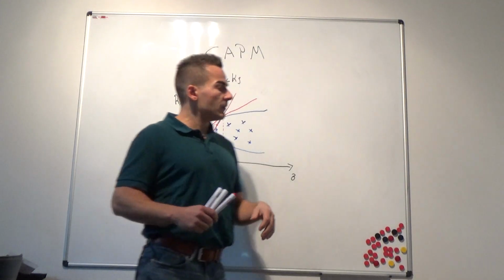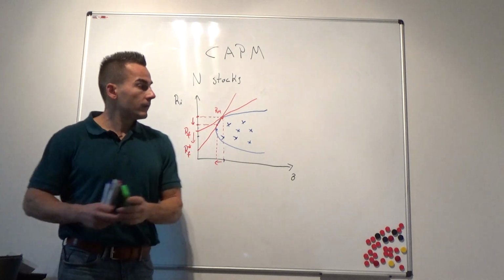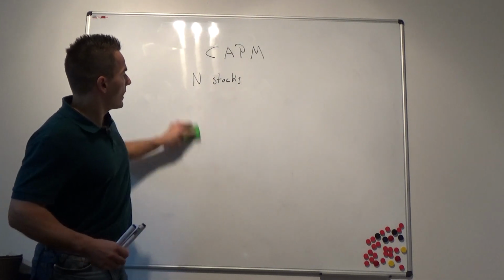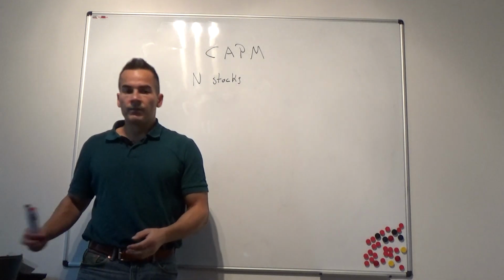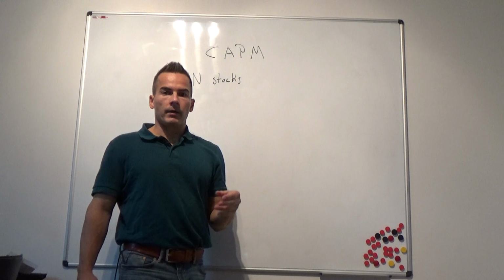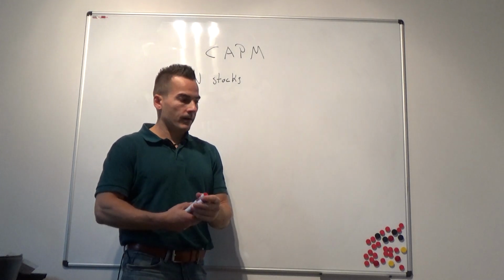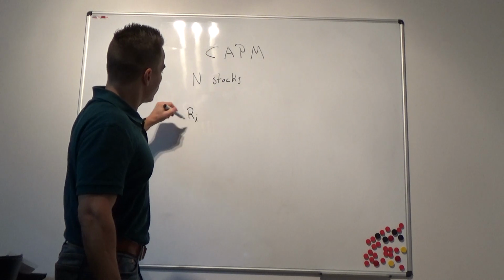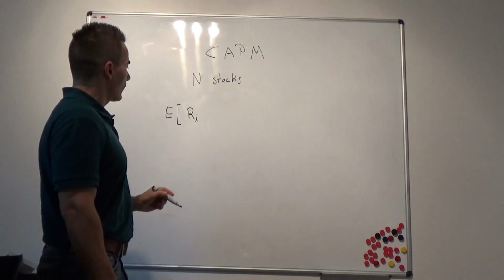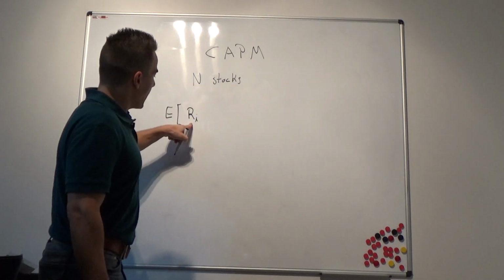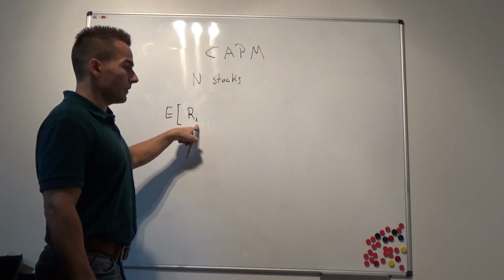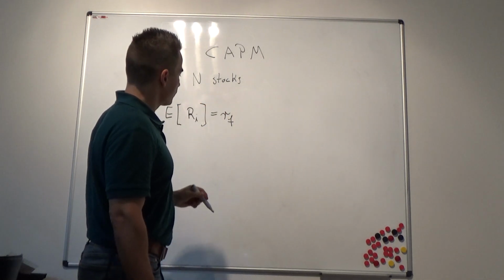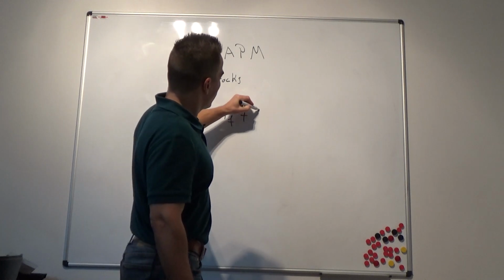So if this is the optimal portfolio here, let's take this away, please. The capital asset pricing model tells you basically that all of our N stocks or N assets in our universe can be priced according to the exposure towards this market risk factor. So it tells you basically that the expected return of asset I, let's denote R as the return of asset I, is given by the risk-free rate plus the expectation,